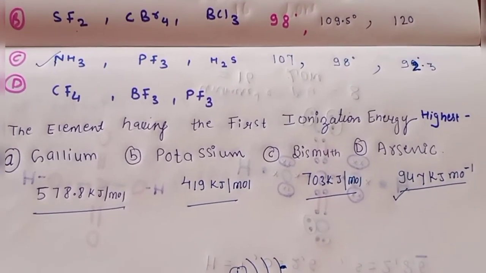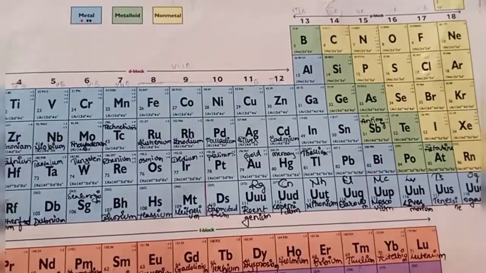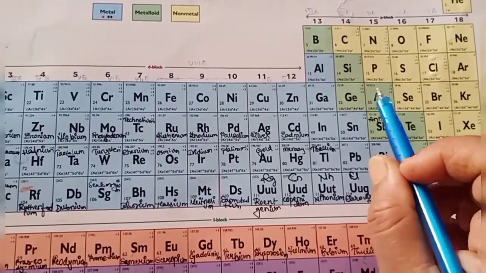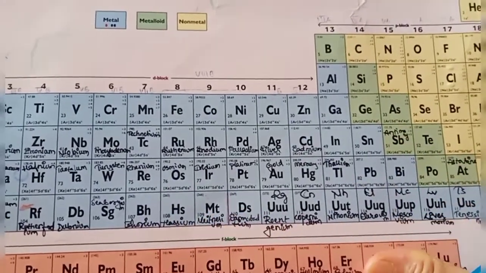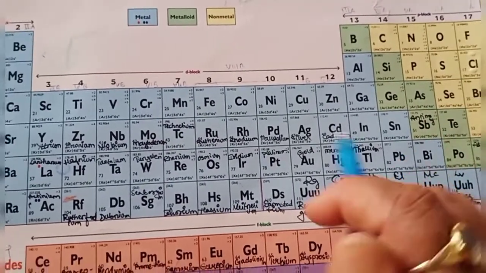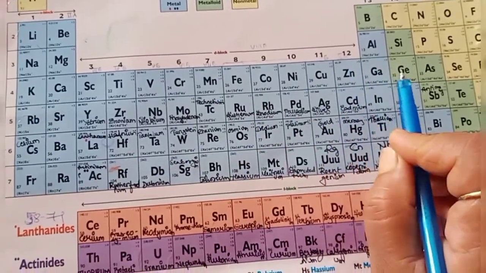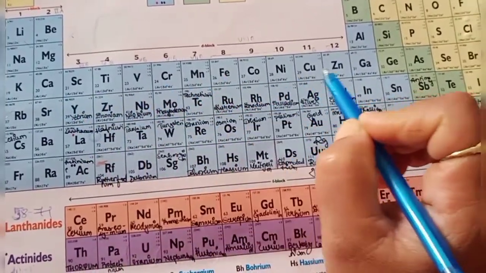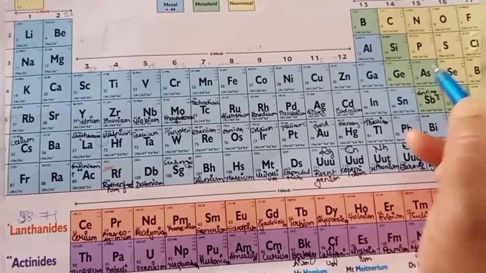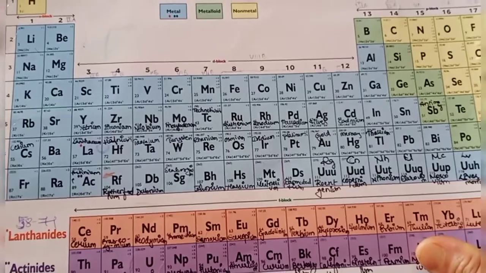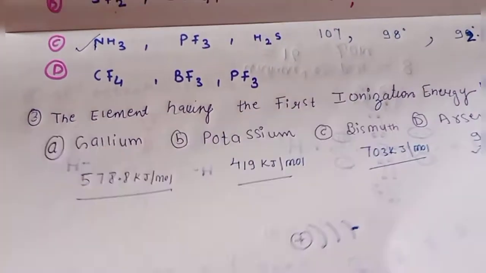Why can we say this? We can check this also. Because if the size is small, definitely we need more energy to drag the electron from the outermost shell. As we know, size decreases as we move from left to right in the periodic table, and goes on decreasing as the number of electrons increases in the same subshell. So the size goes on decreasing and it requires more energy. The next question.